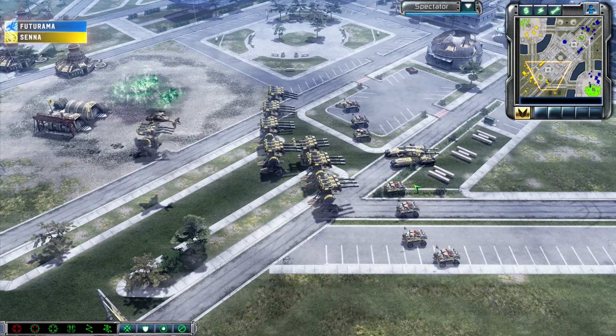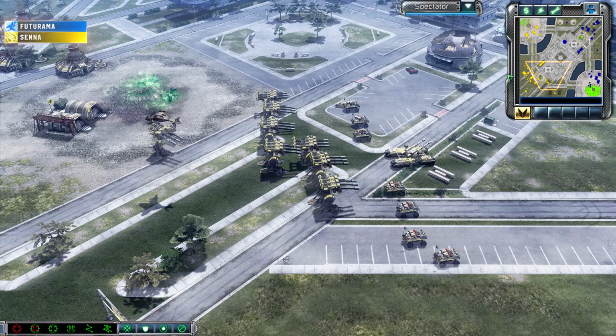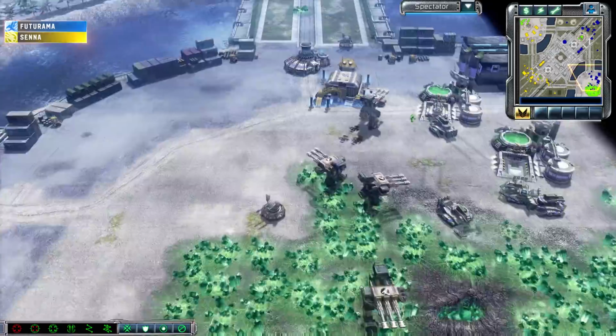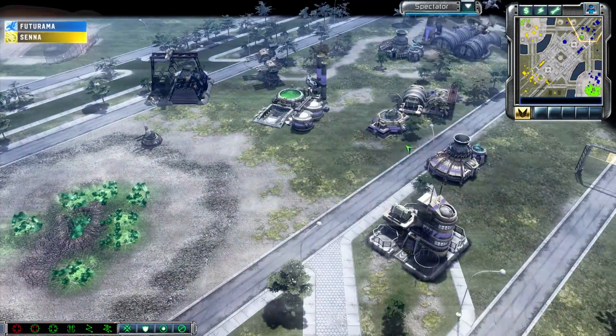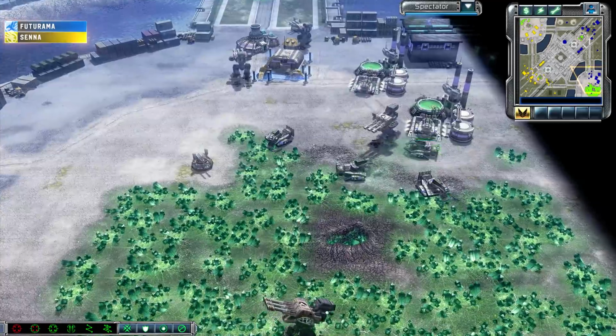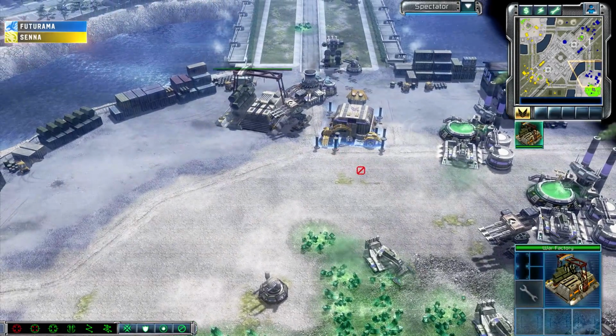This is a lot of juggernauts for Senna. Got himself 8 juggernauts on the front line, which even if at this point Futurama wanted to go for a Marv, 8 juggernauts will waste a Marv pretty darn quickly, which, you know, you still need something to tank all that damage, but